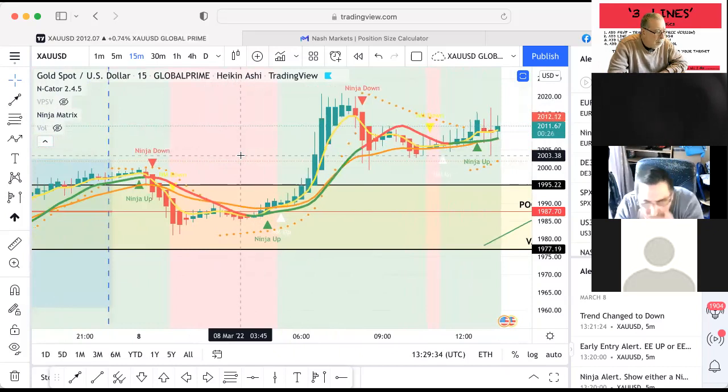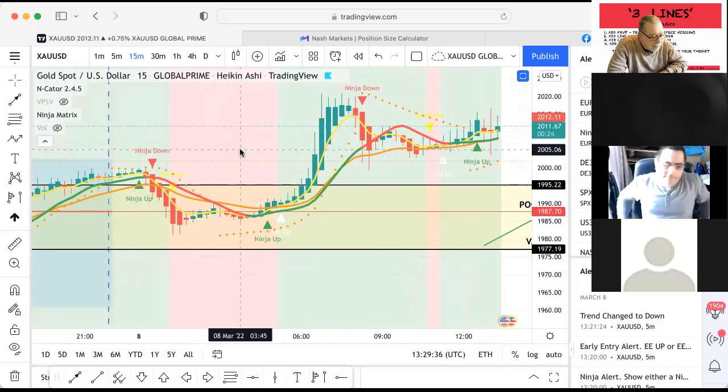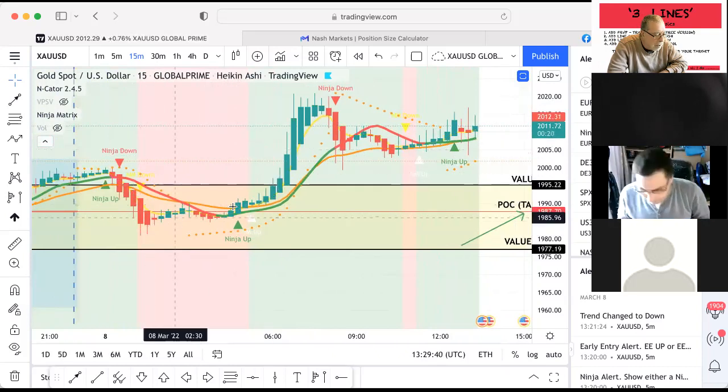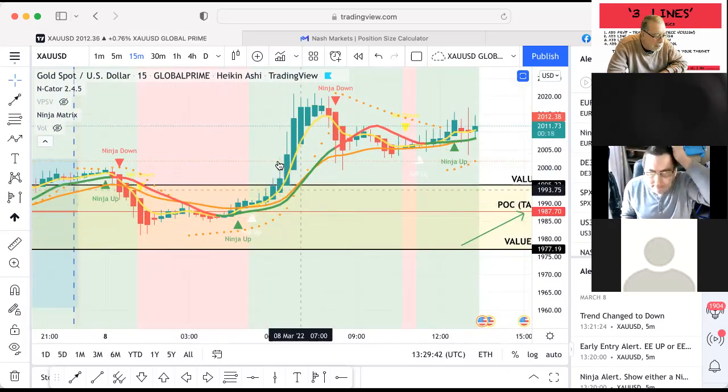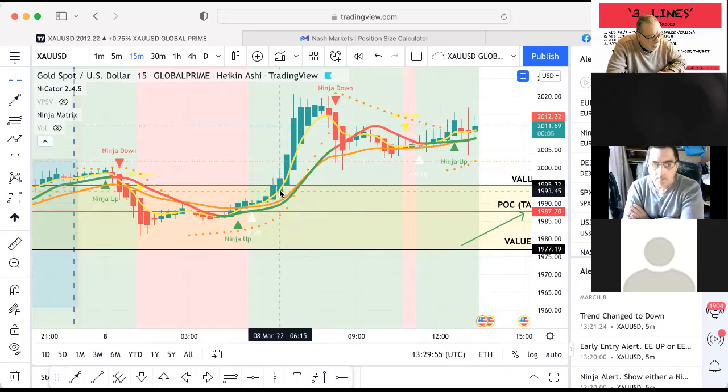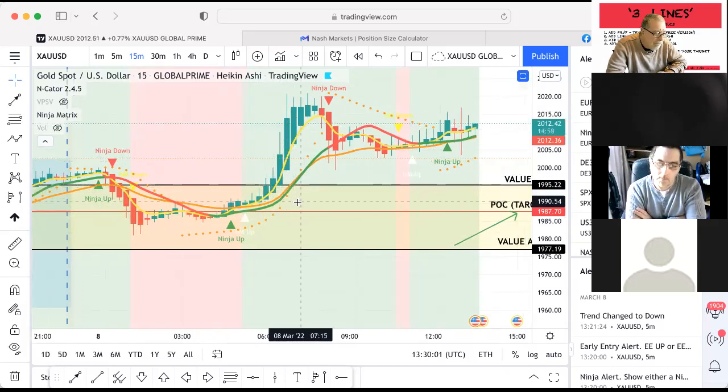I've covered the basic three-line strategy and what would tempt me to get into a trade. Now let's have a look at this situation here. This is not textbook, because we're actually moving outside the field of play. We're moving away from the POC, but we're also moving outside the field of play. Now I've started taking these trades,